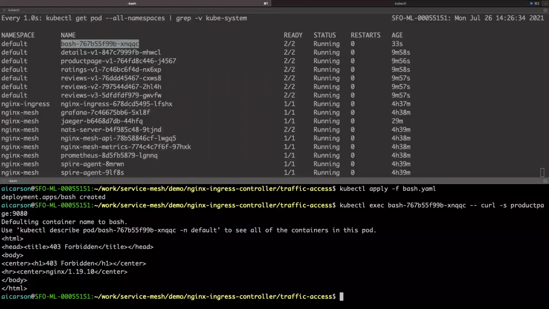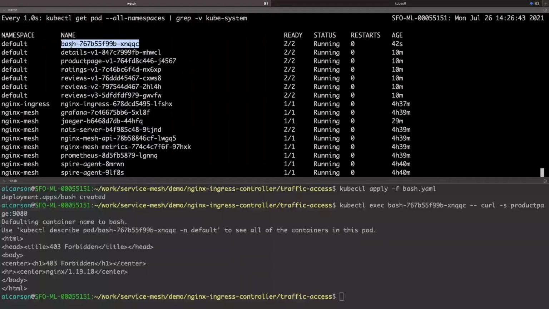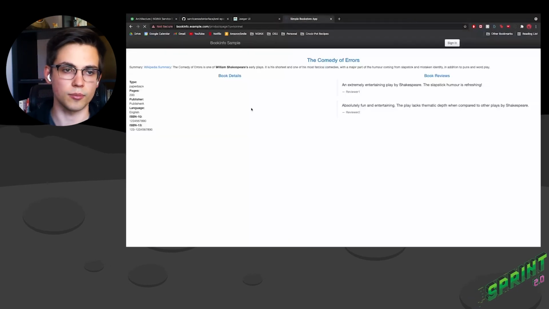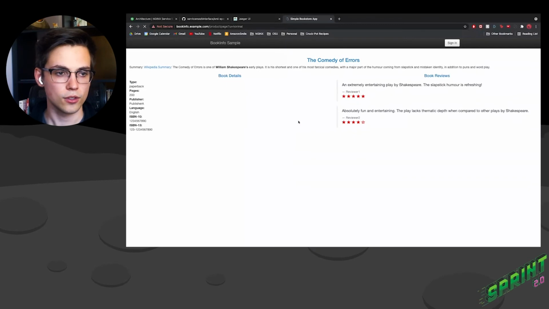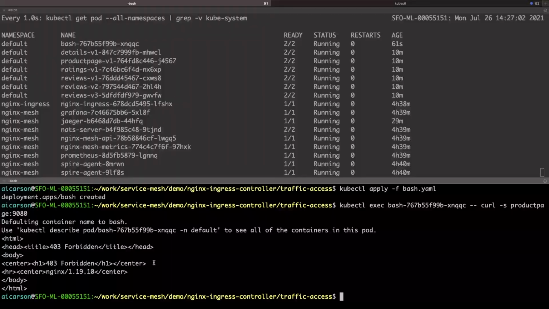So typically you would be able to just access product page as normal, and that presents itself as a security risk, because if someone gains access to bash, there's no reason that it would need to access product page. And you can actually see here as well, we need to verify that bookinfo itself is working as normal, and we can see that it is. So great, now we have access control defined. We have put in the authorization piece to application security. So we've kind of covered all of the bits of the security.